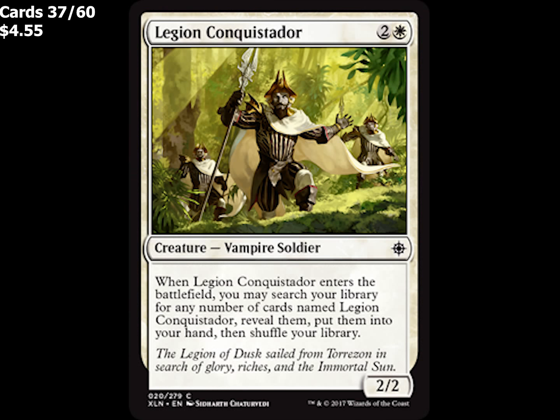Next up, we're adding 4 copies of Legion Conquistador to the deck. These cards currently go for 15 cents a piece. This is probably the ideal card to play on your 3rd turn, so you play 1 copy of it, and then you're allowed to go through your deck and bring the other 3 copies into your hand. This just ensures that you have a steady stream of creatures to play, lets you keep the pressure on your opponent, and just going through your deck and pulling these cards out is what makes me feel safe having less